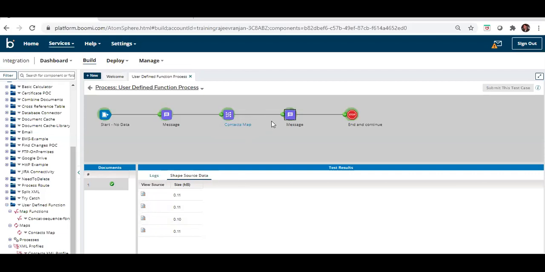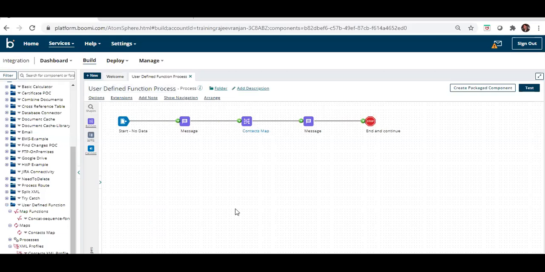So this is the outcome. This is very useful whenever, as per our requirement, we need to create a complex function structure that can perform multiple operations, or multitasking, using the Boomi provided existing functions. By using a user defined function, we can create such a complex function.